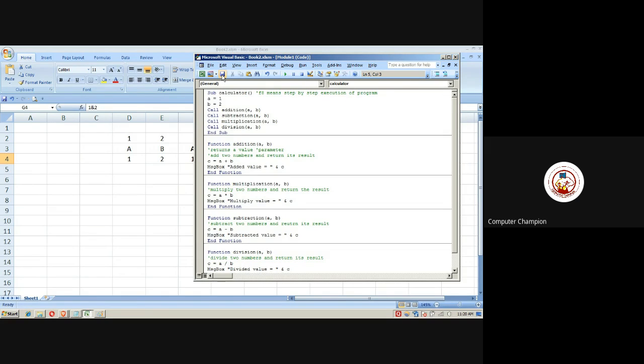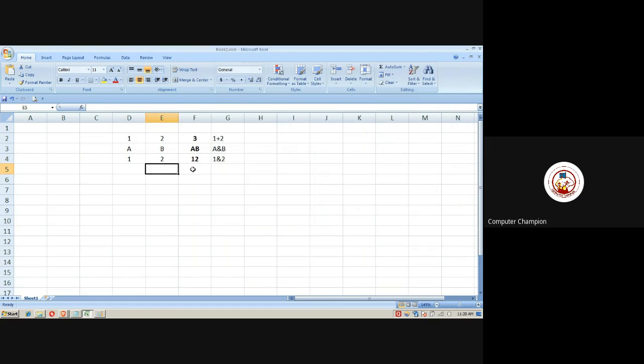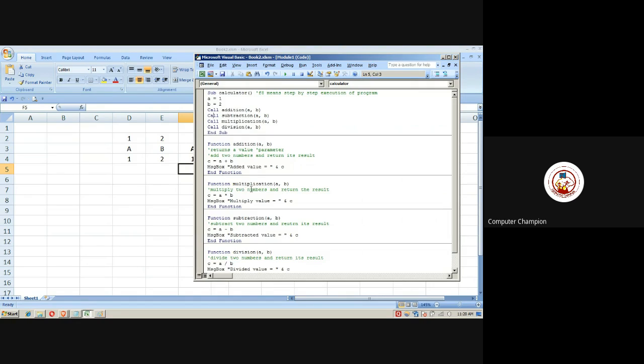For example, if you do 0 by 0 here, it will result in an error. But 1 minus 2 is -1. It's working for me here.